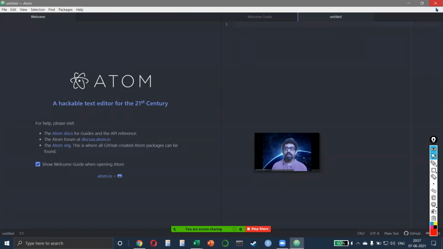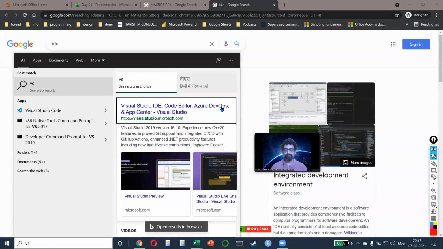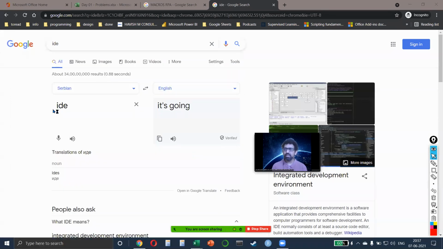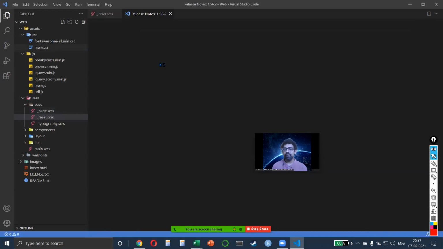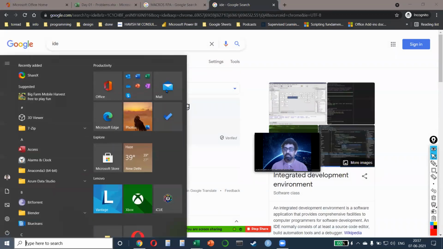One of the most popular ones is Visual Studio Code, what we call VS Code. I just want to show you how they look so you get some familiarity with it. So this, everybody, is how you write on Visual Studio Code, which is VS Code. Like this, there are many other competitors available. And as you can see, I'm working on an HTML project, but you can do different languages in it. And we have the main one, which is